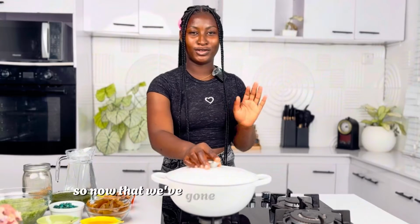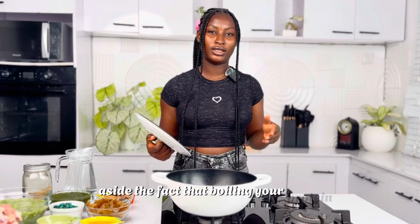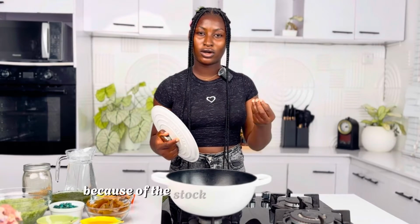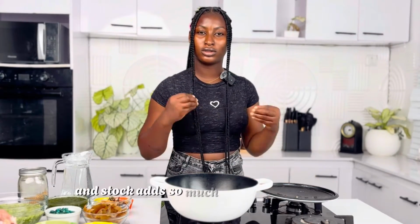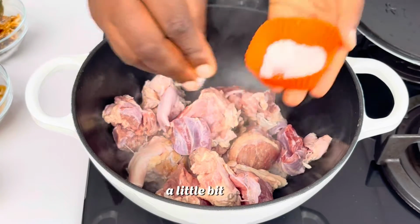So now that we've gone through our ingredients, let's start with boiling our protein. Aside from the fact that boiling your protein makes your beef soft before you go in with the rest of the ingredients, it also serves as a very good base for your soup because of the stock that your protein gives while making this food. And stock adds so much flavor into your food, so you really don't want to miss this step. Into our pot, we're going to go in with our protein, a little bit of salt,